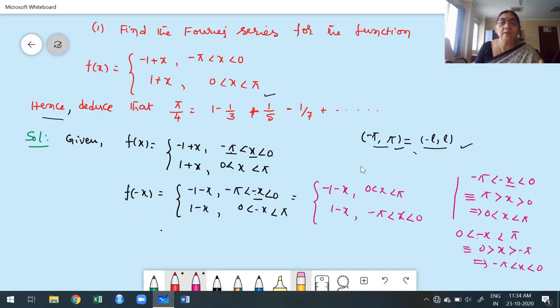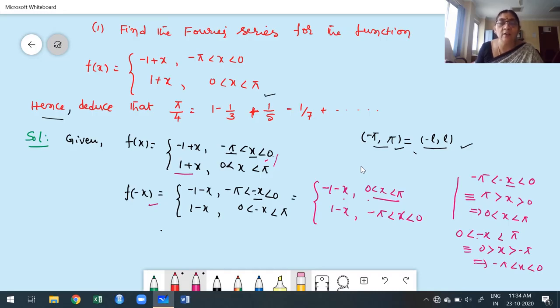When we say that the function is even, after replacing my x by minus x, in each of the limits what are we expecting? What you have in f of x, the same thing. In both the intervals, not for one interval, in both the intervals, only then can I consider it an even function. Observe 0 to pi: here it is minus 1 minus x, but for 0 to pi what do we have? 1 plus x, which is not equal. Once it is not equal in one of the limits, it is not necessary to verify the second limit.